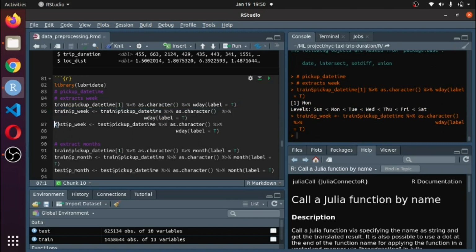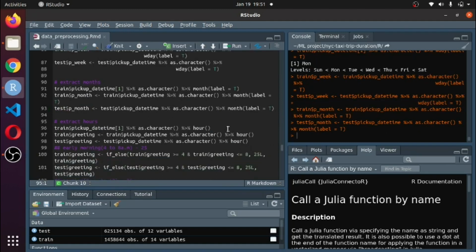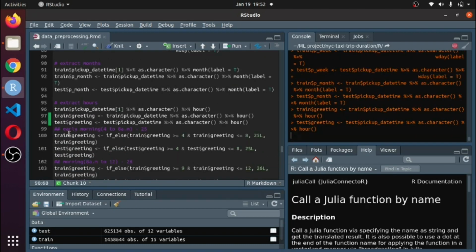then the testing dataset. To extract the months like January, February, you have to use the month function which is available in lubridate. So I just run it. Similarly for hours, there is a function available in R. First I am creating the first segment, early morning, that means 4 a.m. to 8 a.m., and it is represented as 25. These things I discussed in the slide.